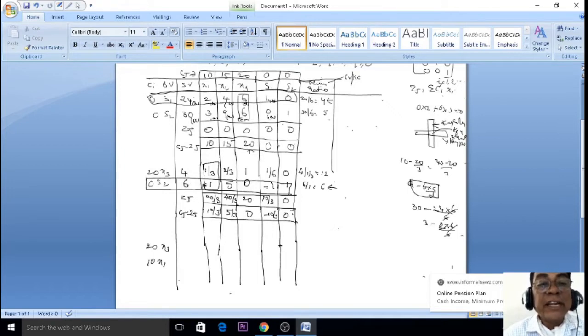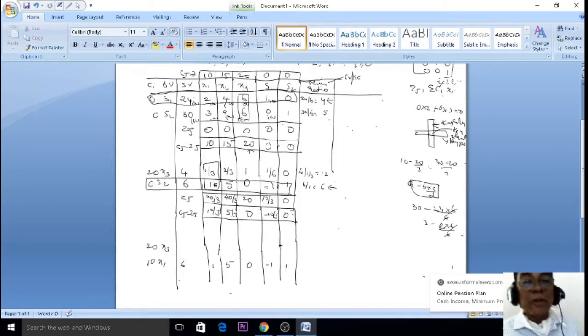It means 6 divided by 1, write down 6. 1 divided by 1, 1. 5 divided by 5, 5. 0 divided by 0. Minus 1 divided by 1, minus 1. 1 divided by 1. Sometimes it is supposed to say 7, 6 divided by 7, like this only; it depends upon the given problem. Now if 1 is there, after that write down 0, because the key column is always connected to the unit matrix. See, key row and key column values are over.